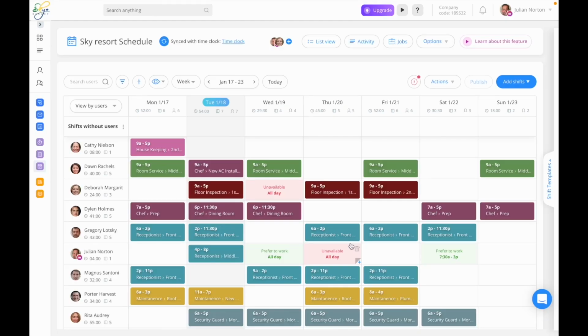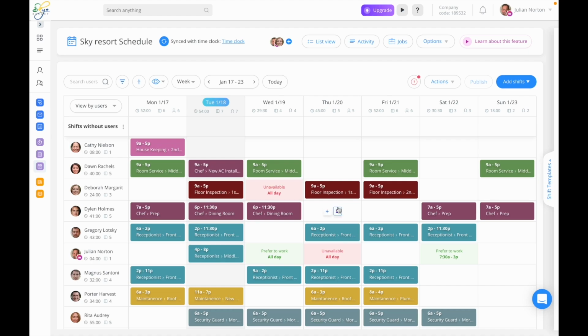Right here in front of you, you could see a very straightforward calendar view in which on the left you could see all the list of your employees right here, and on the top you'd be able to see all the days of the week. If you want, you can also have a daily view or a monthly view to help you dispatch the best way that suits you. As you can see here, all the different blocks represent shifts and all the different colors